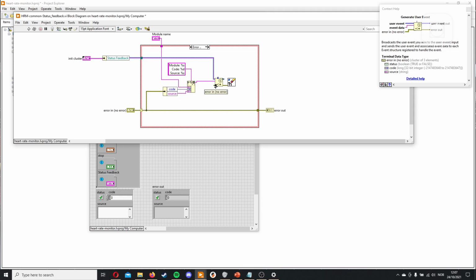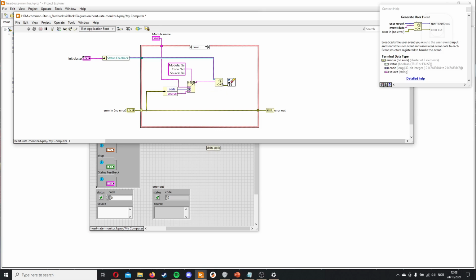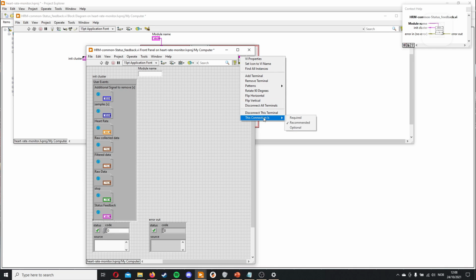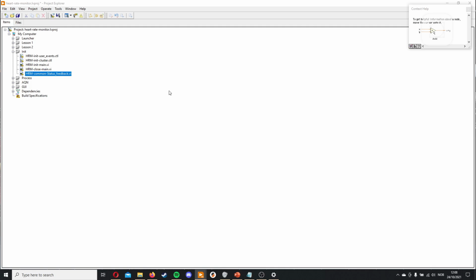There's no need to connect an error in here because we know it's an error. So in the worst case, it would just stop this from sending. And then we will add the module name as an input, and we'll also make it required. Let's see if this one is also required. It was not. So we have our generic VI. We just put in the init cluster and the module name, and it will automatically send it on the user